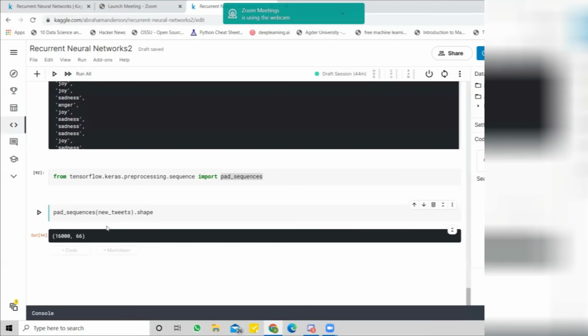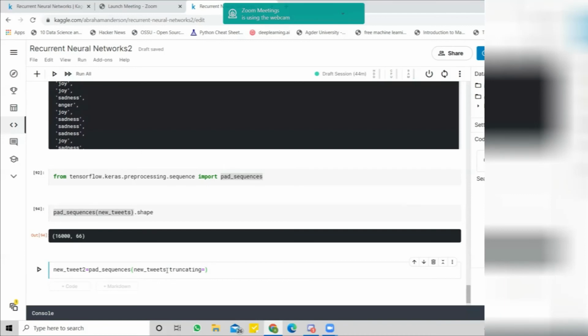And so after this one, let's assign this one to our new tweet 2. There have been many new tweets, but let's do this. Let's copy this one because we will use the same function, but with truncating.